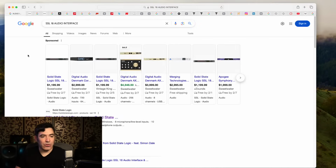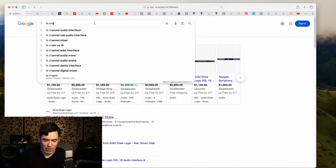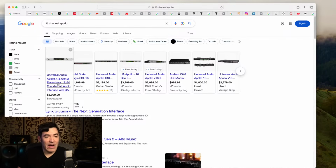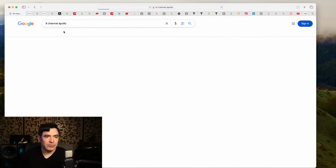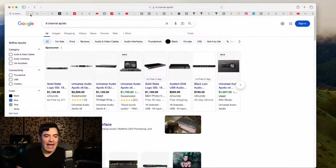Looking this thing up on the Googles, it looks like it is selling for something like $1,200. I mean, what does a 16-channel Apollo interface go for these days? It's now $4,000 for the 16-channel version. If we look at their 8-channel version, an 8-channel Apollo is about $3,000. So SSL